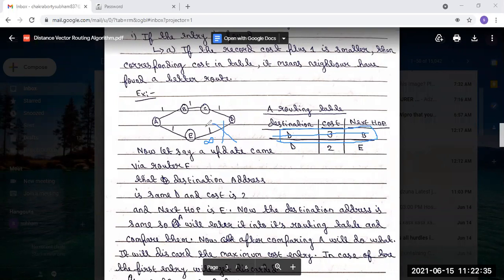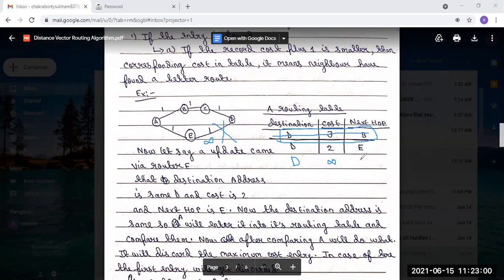Now, a new update will come to A, because this link is destroyed. So what will the new update be? The destination is the same, and the cost is 1 plus infinity. That means the cost is infinity.